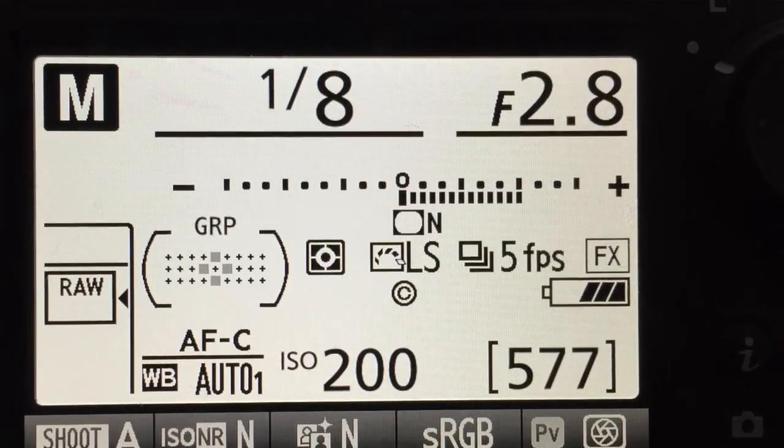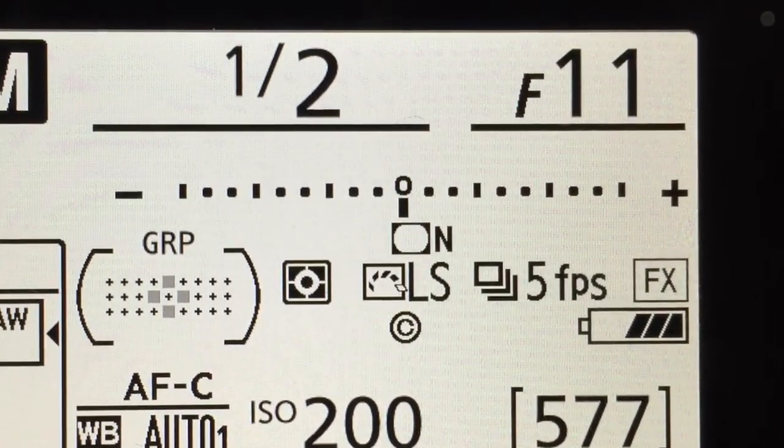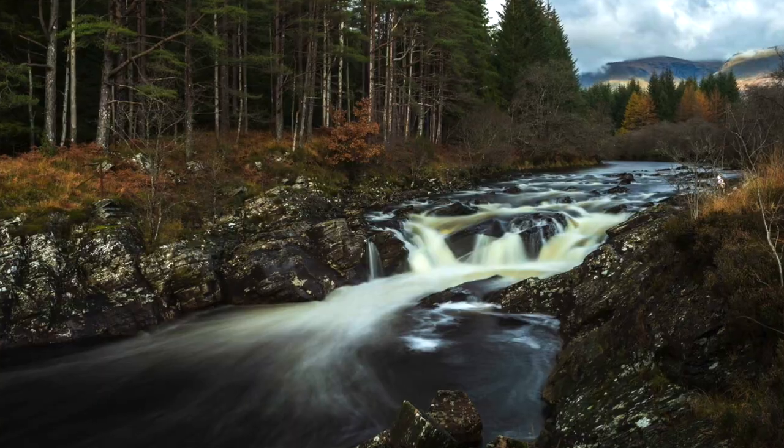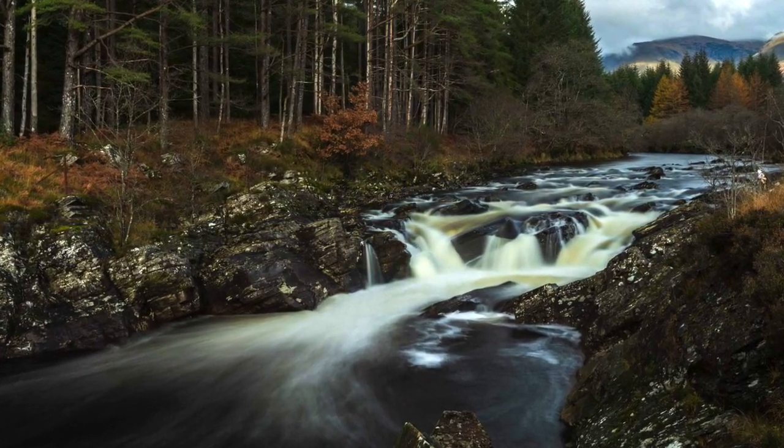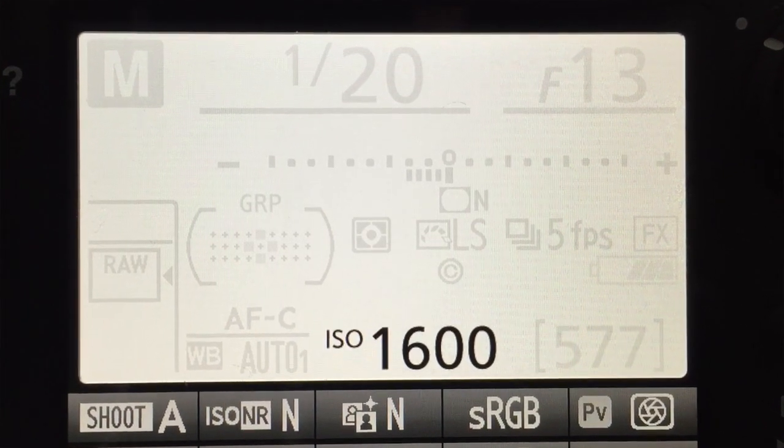On the other hand, if you wanted a slow shutter speed, maybe you're photographing a waterfall, so you would start with say half a second on your shutter speed and then do everything you can with your other camera settings to make that setting work. Yes, it's about getting the right amount of light in the camera first and foremost, but it's also about making the camera settings do what we want them to do to make the picture look the way we want it to look. So if you've done all you can with your aperture and shutter speed settings but the exposure meter still isn't balanced, then you could either increase or decrease your ISO, and that change will also be reflected on